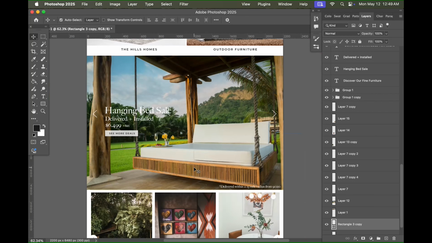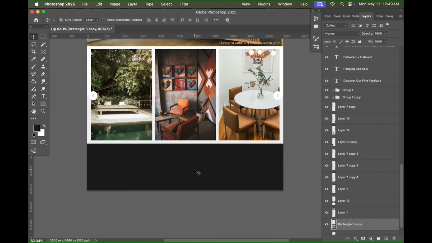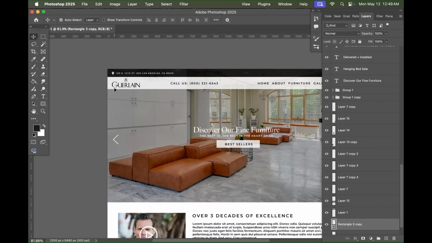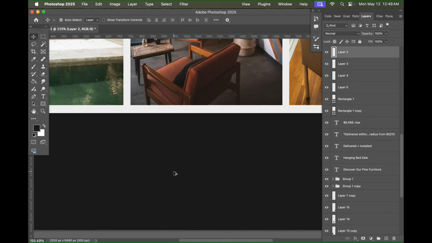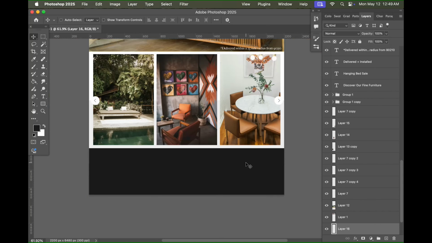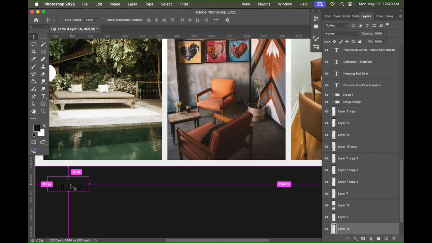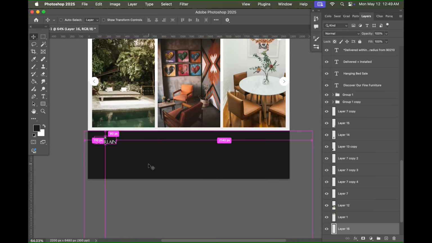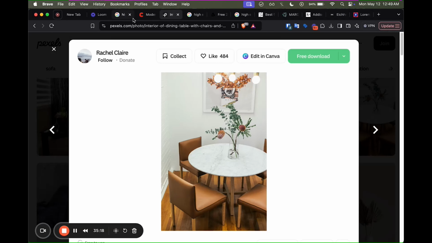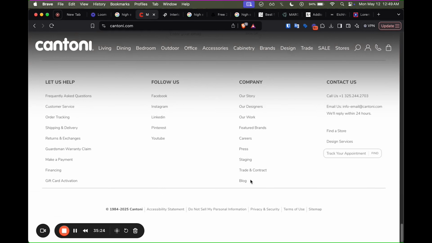So, by the way, guys, we can add more in here. Like articles are great, like blogs and all that stuff. But I think that we can just keep it simple for now, and just do the footer right here, just for kicks. So here's our footer. Let's see what some of these other guys are doing for footers. Let's see what Cantoni's doing. Some of it's just really tall. You know what I mean? Like, I think that's great, but